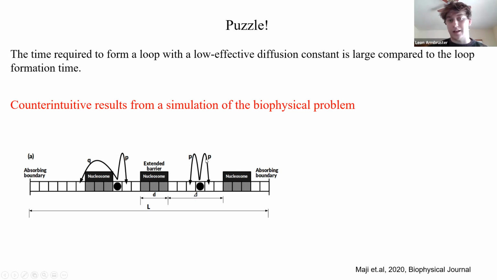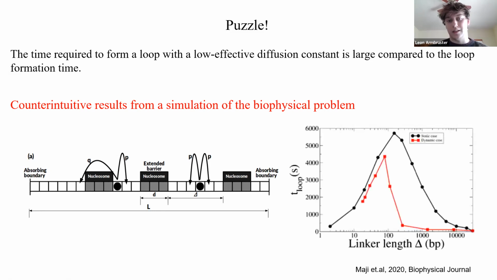and a little protein that hops with a hopping rate p in region delta. And when it encounters an obstacle, a nucleosome, it changes its behavior. So then it hops with a rate of q above it or repels. If we now look at the time required for this little protein or this little walker to hop a certain length along this lattice versus the linker length, so versus the space in between the obstacles, we see a pretty